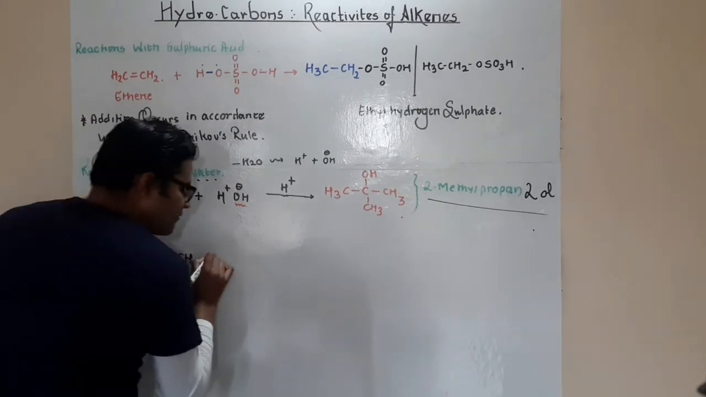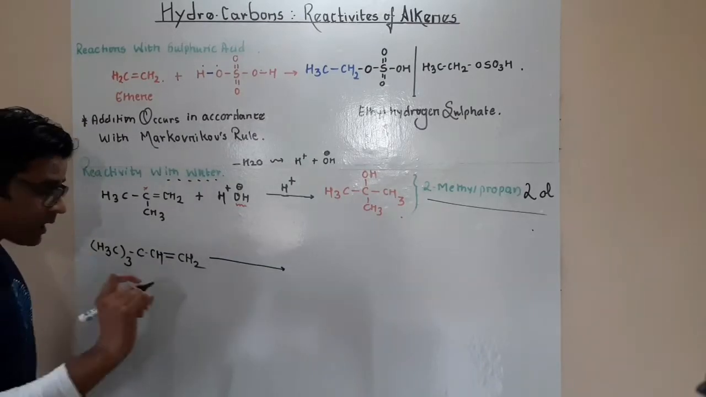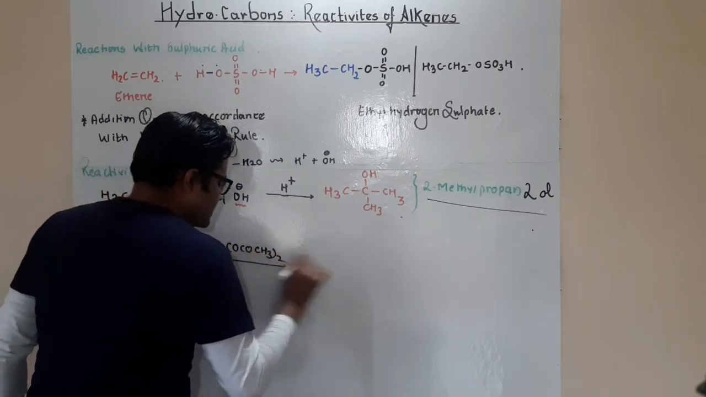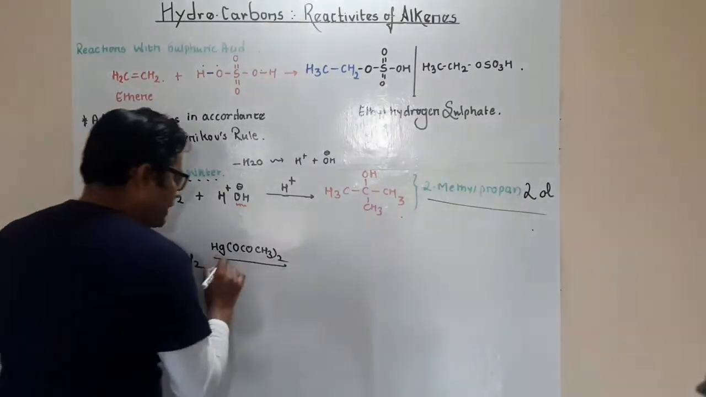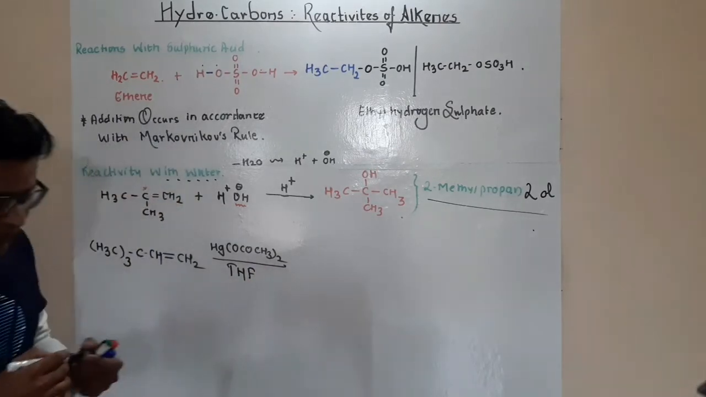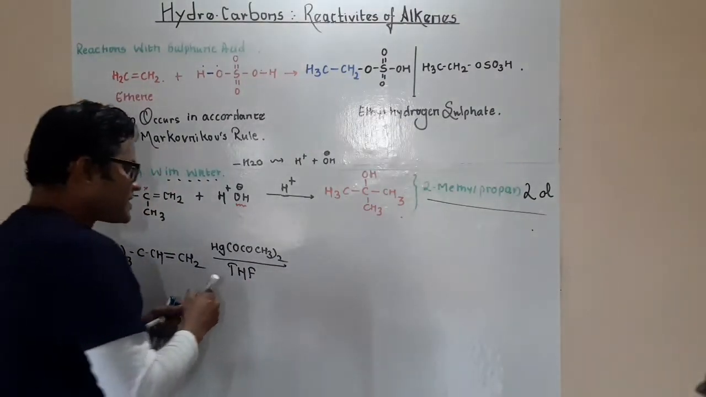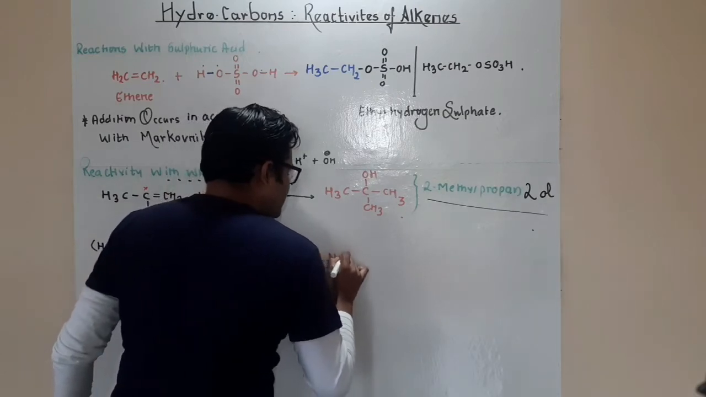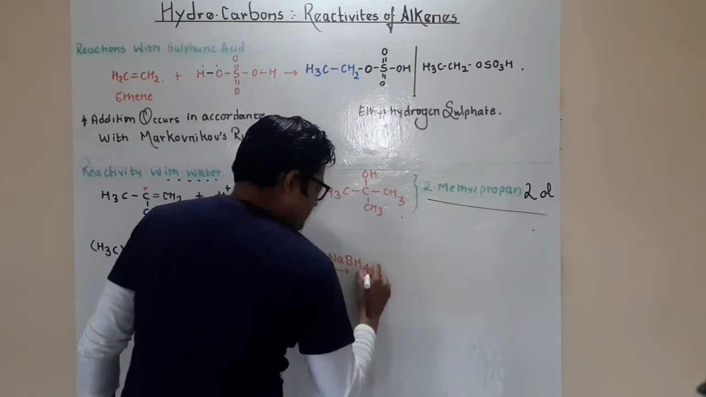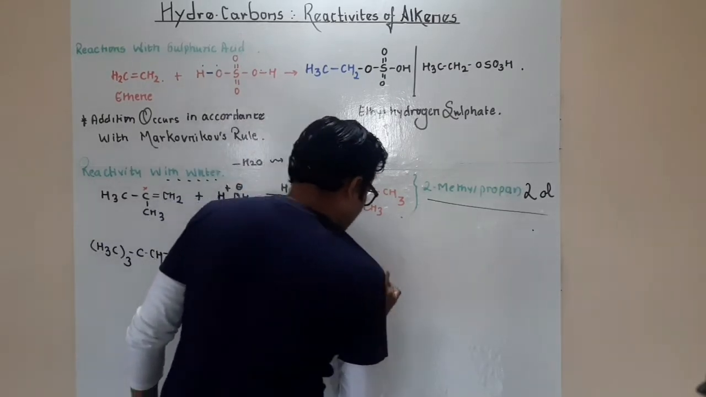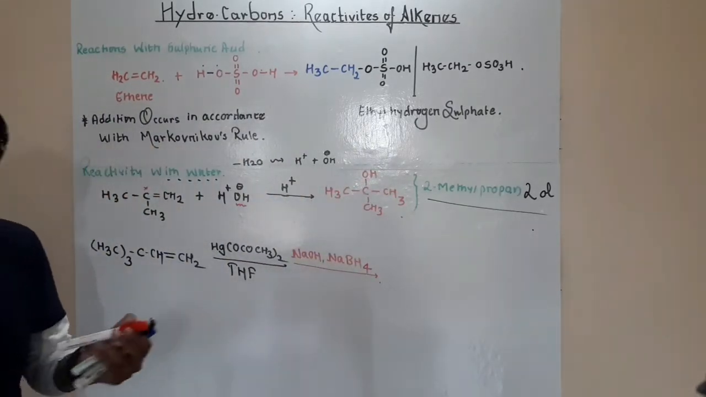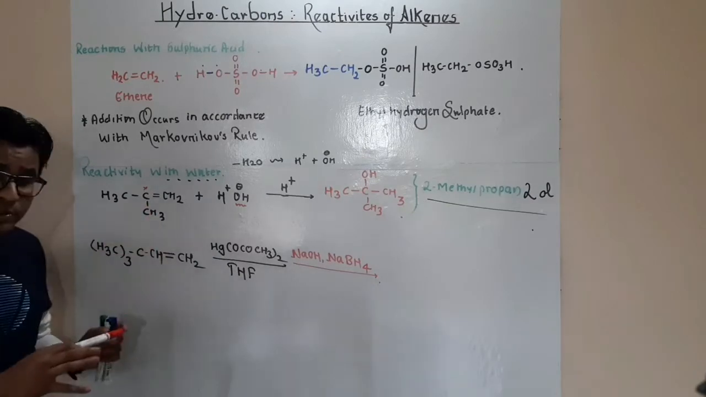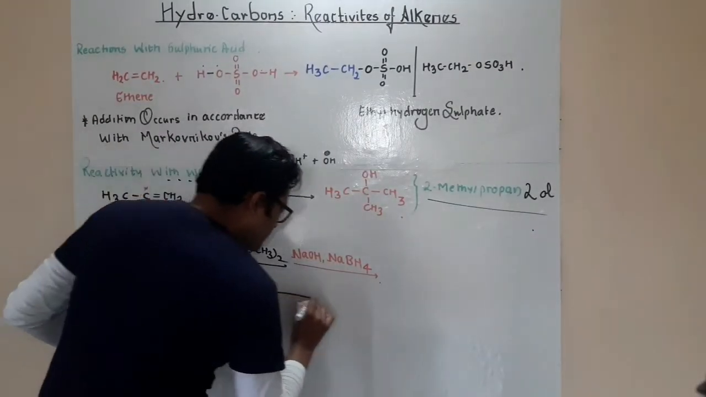Okay, so now, if you take this particular thing into consideration, if this particular reaction occurs in the presence of mercury acetate, and the solvent that they use is THF, tetrahydrofuran. Now, if this is followed by the presence of sodium hydroxide and sodium borohydride, and then the entire thing is reacting with water, this entire process, as you see, is called